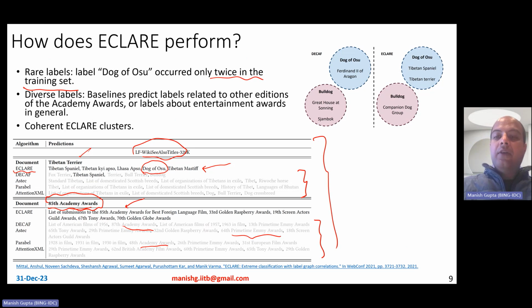Now, ECLARE's awesomeness is basically because of the use of label correlation graphs. Label correlation graphs were also used while doing the shortlisting, so even in the shortlister part. While creating those clusters and so on, the embeddings that are trained in module 1, thanks to label correlations, are really good embeddings, and that leads to really good clusters. If you look at the clusters learned by DECAF or clusters learned by ECLARE, you observe that in general in ECLARE, clusters are much more coherent. They are labels which are really relevant to each other.